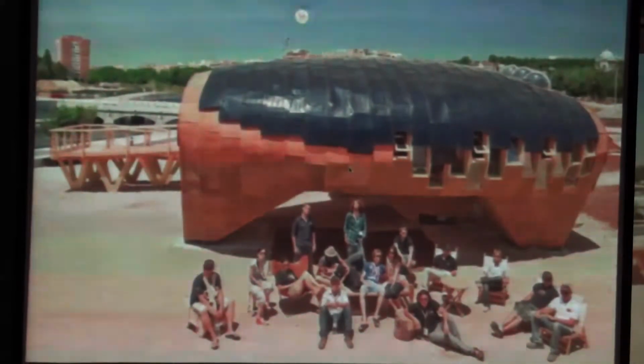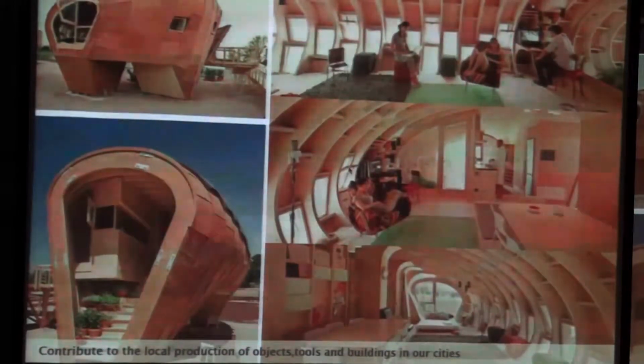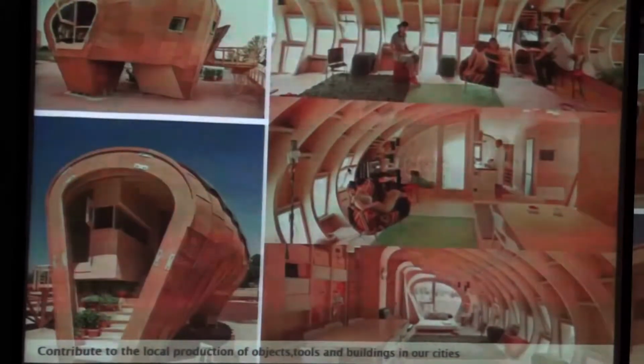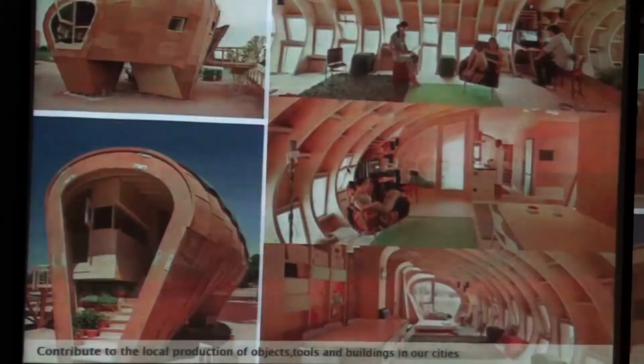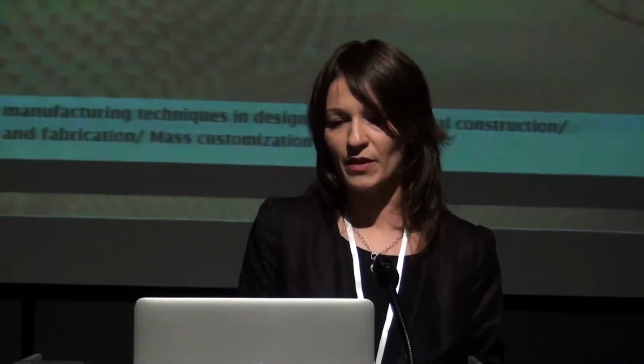It was able to generate 2 times more the energy that it needed to operate. So not only was it a sustainable house in terms of energy generation, but it was also a sustainable house in terms of local production and process of construction. So the wide range, as we see, of the different projects that we can do in a Fab Lab is very important, because it's the idea that allows us to think that those laboratories can contribute to the local production of objects in our cities today, starting from the very small object and reaching to the buildings of our